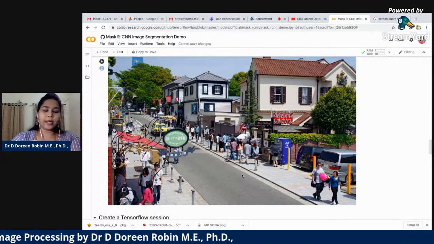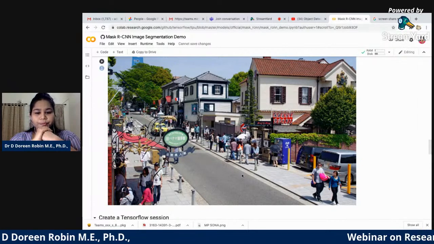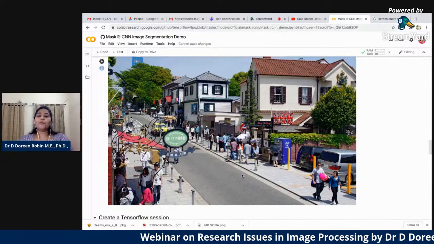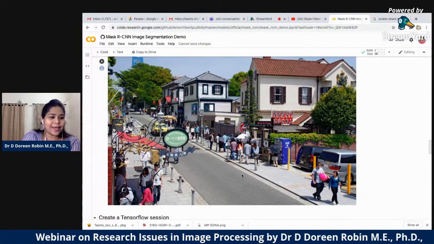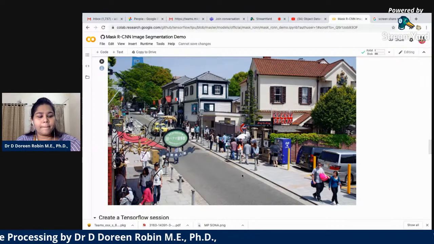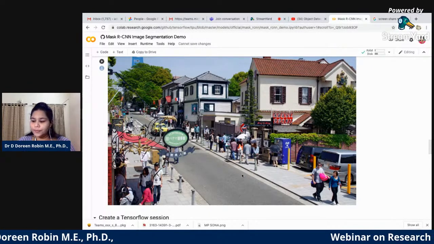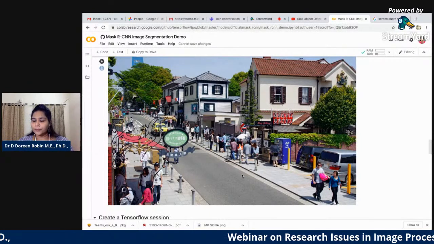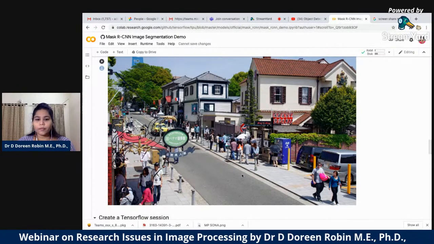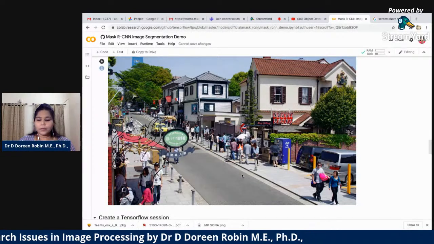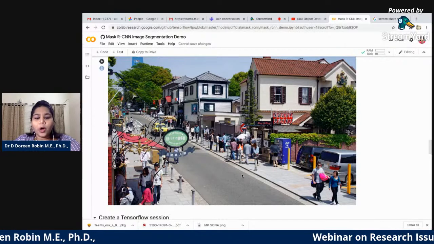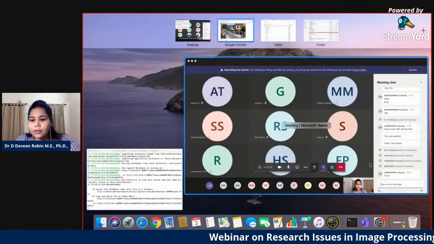We are going to complete within the next few minutes. When you see this image, we'll see the difference between the human brain and the Mask RCNN. Kindly give your response in the chat boxes, please. What are the objects that you can see in this image?